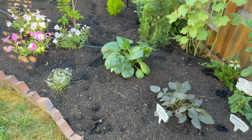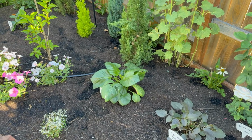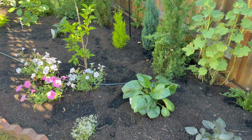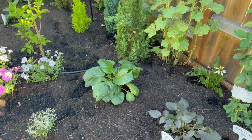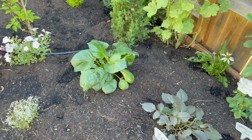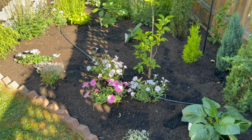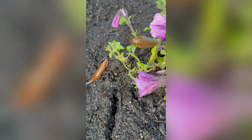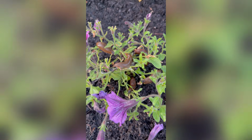So you'll see again, I have more dahlias placed here in my beds. My biggest pest in my bed has been the slugs. We really struggle with slugs. We have so many of them, and you'll see some slug damage on my dahlias. They will quite literally climb up to the very top of my petunias and my supertunias, and they just eat them. They love them. I counted 10 slugs on one of my